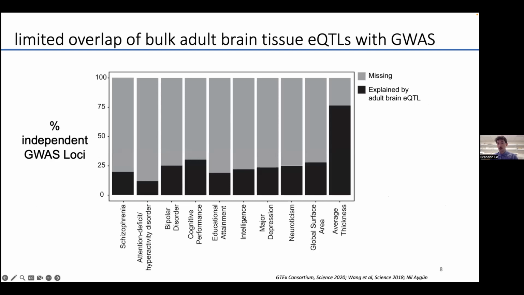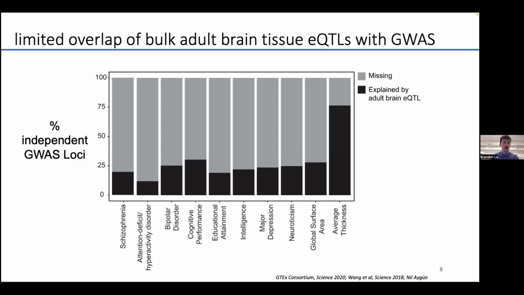So we've mapped a lot of eQTLs so far, and traditionally these eQTLs have relied on adult post-mortem bulk tissue samples. And there's been a lot of eQTL discovery using those kinds of approaches. But if you try to explain GWAS loci this way, there's a disappointing inability for these eQTLs to really explain